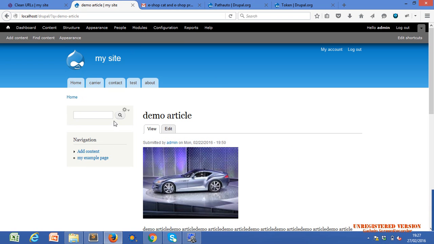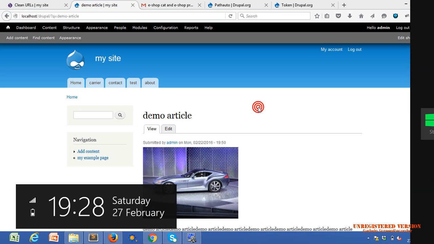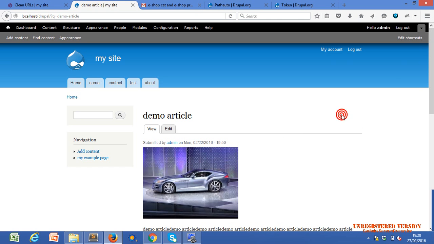Okay, now this is our whole site. Maybe only some headings are not in the blocks. These are the blocks. The header is one of the blocks. The content type is one of the blocks. This is the left hand side sidebar. This is the right hand side sidebar. So how do we manage our blocks? Let's see.